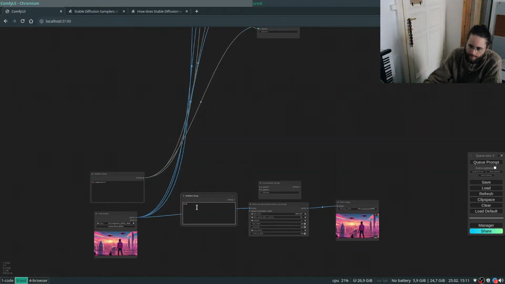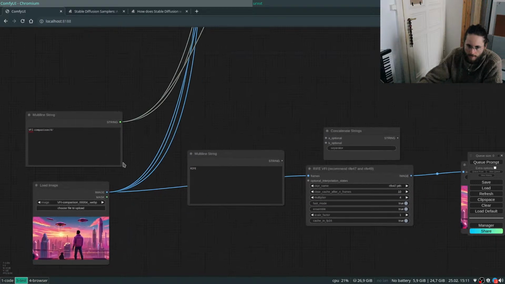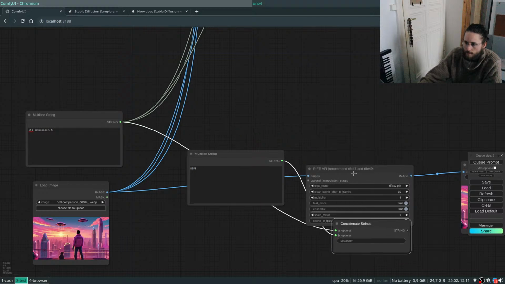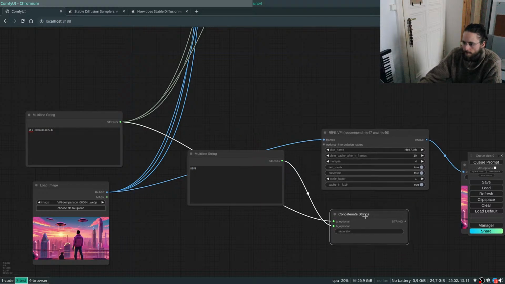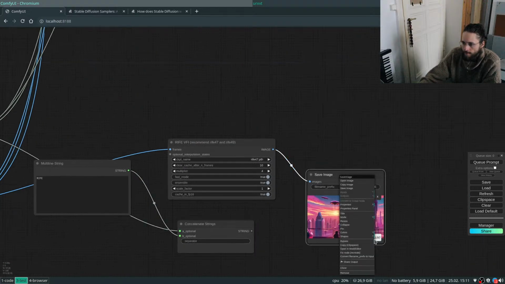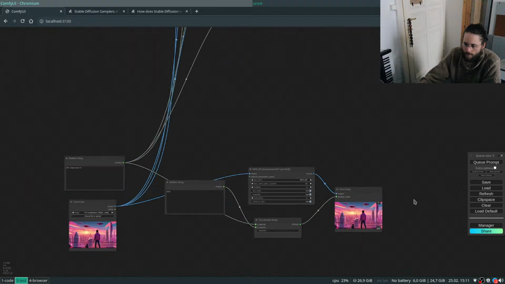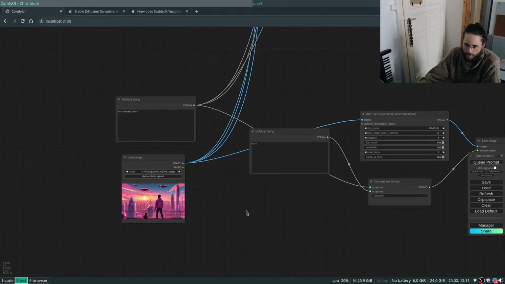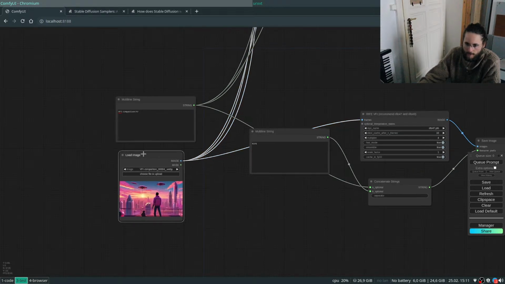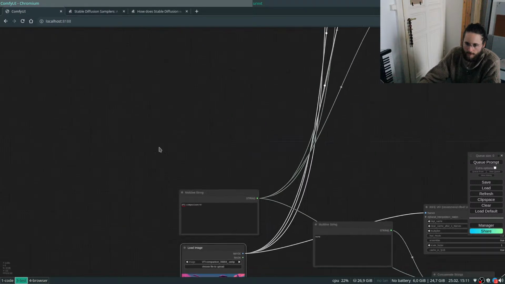RIFE, string, convert to widget, convert widget to input, whatever. And yeah, now,